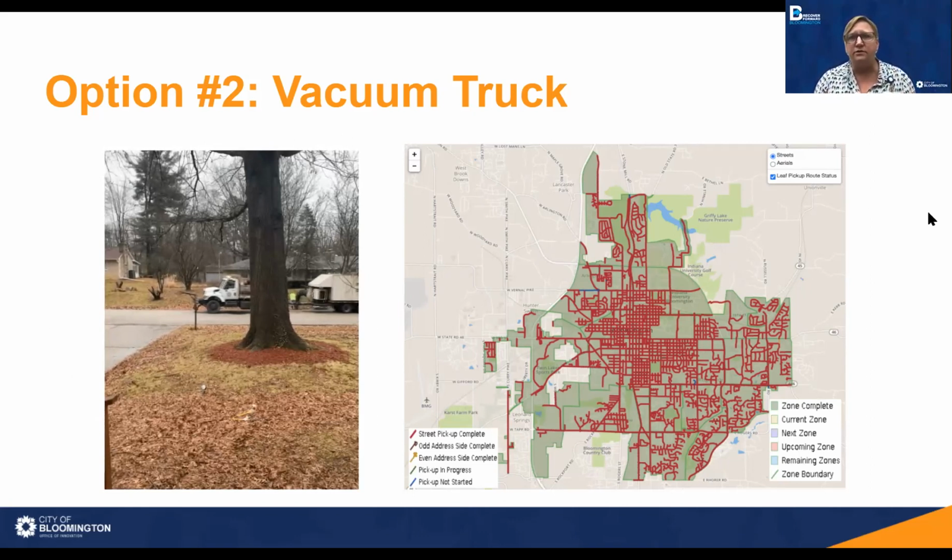Because we use the same trucks for leafing and snow plowing, if there's snowfall during the November-December timeframe, it can take a half of a workday to convert the vacuum truck to a snowplow, and then another half a day to convert it back to a leaf vacuum truck when plowing is done, if there are still leaves that need to be collected. Once a freeze happens, the work of vacuuming the leaves becomes a ton harder because the leaves freeze in chunks and they're often too big or too heavy to be vacuumed. So they have to be broken up before they can be vacuumed. Sometimes yard waste like sticks and branches can clog or damage the vacuum mechanism and can contribute to some additional